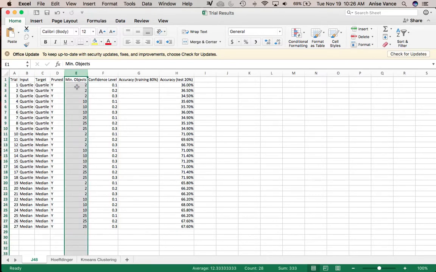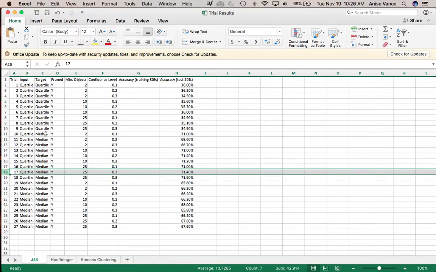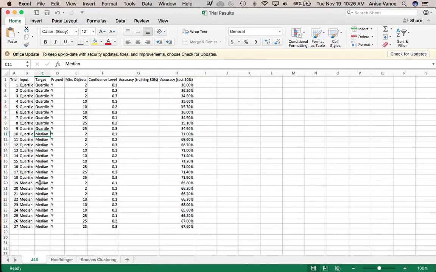I varied the number of minimum objects in each leaf. I varied the confidence levels. I used an 80-20 split between training and test on all of them, and gave the accuracy on the test set here. And then all of these were pruned. So I decided that I was just going to prune to try to make the trees a little bit more simple. As you can see, the most accurate were typically mapped onto median targets, right? So yes, no, above or below the median